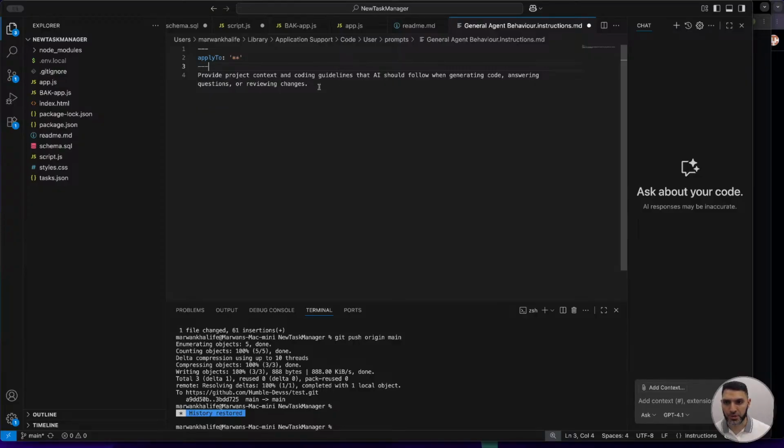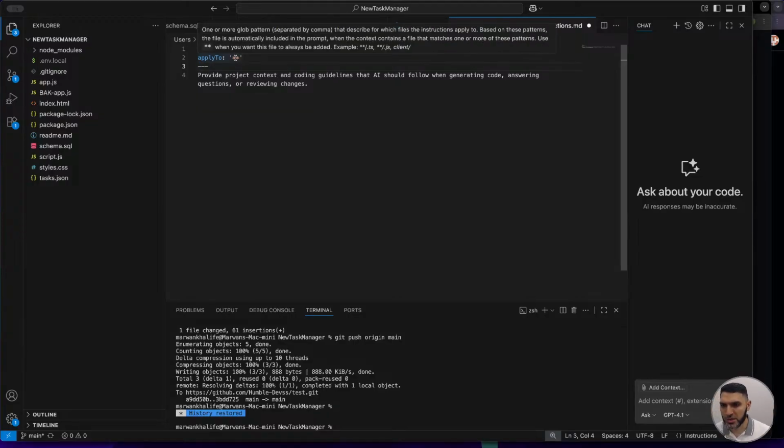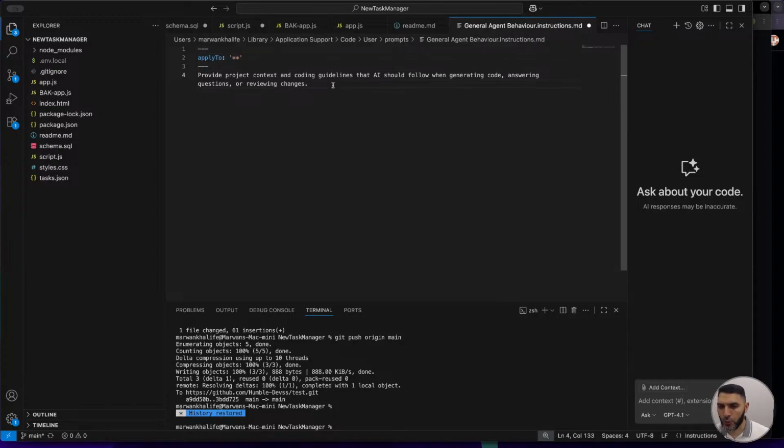It says, provide project context as well as coding guidelines that AI should follow when generating code, answering questions, or reviewing changes. So if I'm using JavaScript, and I want to create my functions in a specific structure, I can create a rule just for that. It applies to anything that is .js. So any file that is a JavaScript file, if I'm going to make a function, make it in this kind